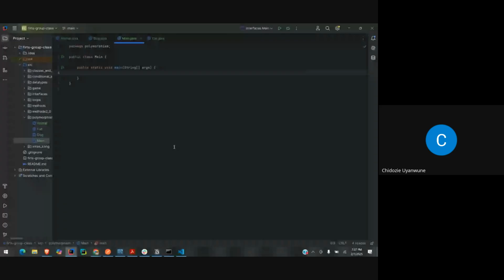Yeah, so we now say, at this point, we have animal, let's say my pet. But when we want to instantiate my pet, we say my pet is a new cat. So if we now say my pet dot make noise, we can also do the same thing here. My pet equals new dog. We'll now say my pet dot make noise. And when we run this,